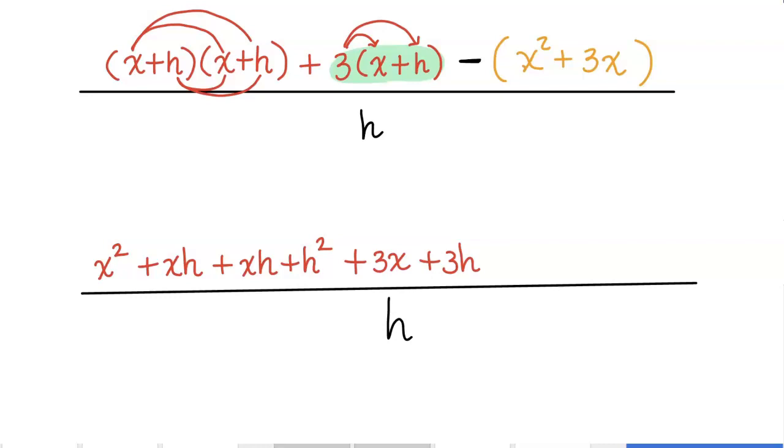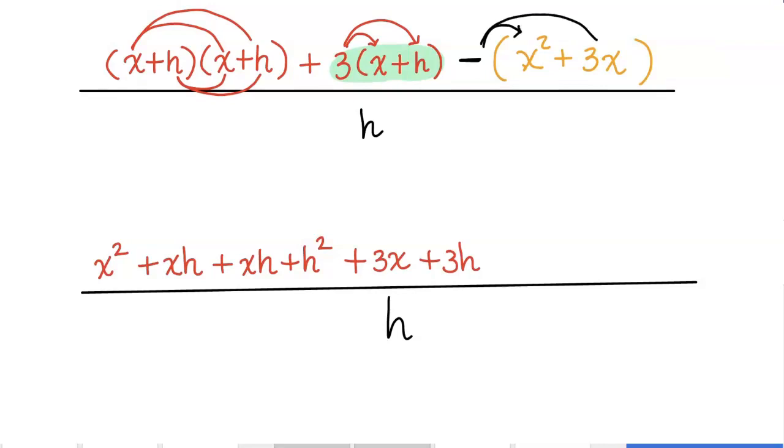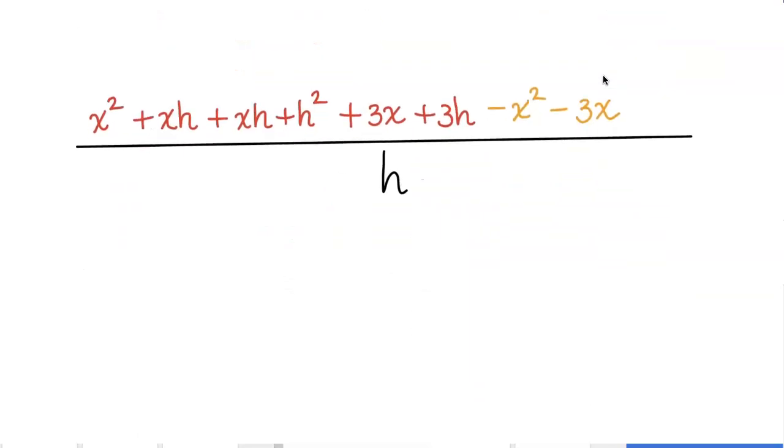Now, let us distribute this negative sign in. So what will happen is these 2 things inside the parenthesis will switch to opposite sign. So instead of positive x squared, we're going to write negative x squared. And instead of plus 3x, we're going to write minus 3x. All right. Now, we're going to combine some like terms, and that will result in a lot of canceling out,